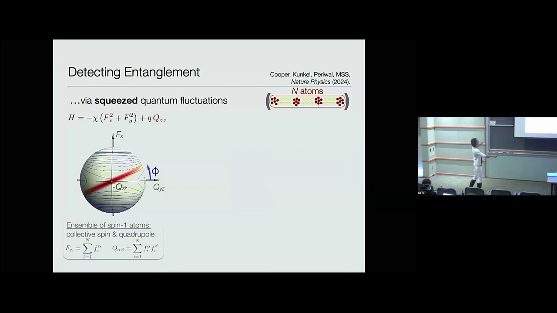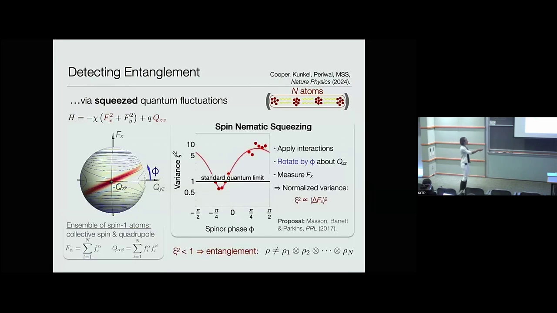So we should expect that if we measure noise as a function of rotation angle, where rotations are generated in our system by a quadratic Zeeman shift, we will see the noise hopefully dip below the standard quantum limit of the unentangled state. Indeed we see that effect, and that shows that this cavity-mediated spin mixing process is in fact generating entanglement in our system. This idea of doing this in a cavity with photon-mediated interactions was first proposed by Parkins in this paper back in 2017.